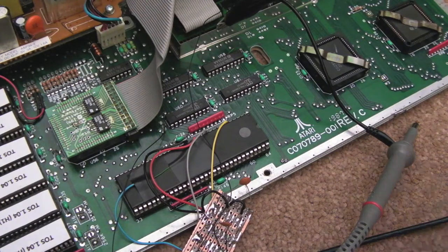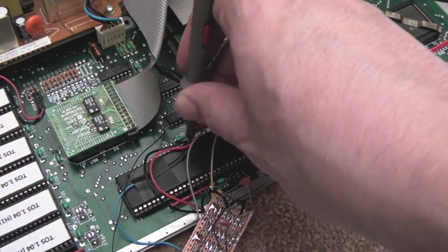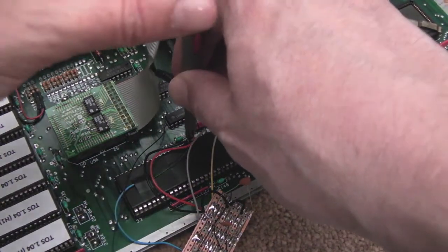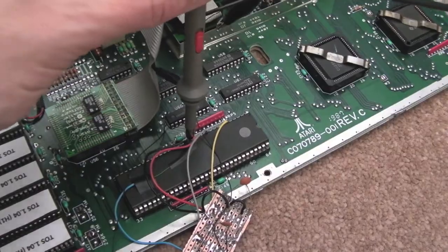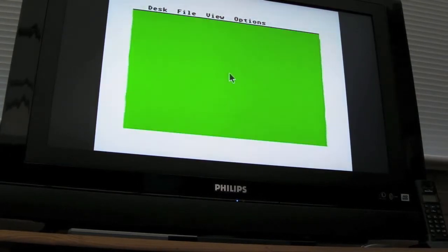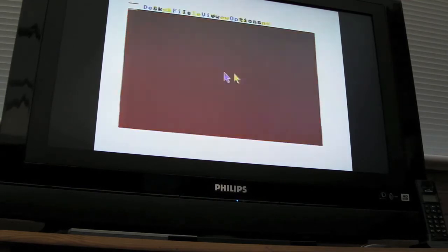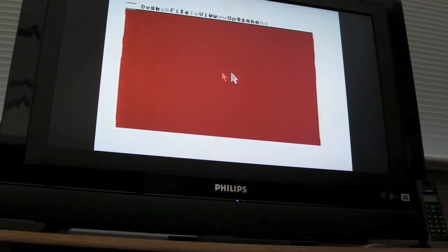Just curious, really. I can't understand how just the impedance of the scope being on that pin... Let's say I reset it. No, it's working, but it's working with an issue with the shifter, as you'll see. It's like, what's that all about? I'm not really sure what's going on there. I'd be interested, if it works at that stage, to see if you could get a benchmark up to see whether it's actually running at 16 megahertz. I guess it is. It's hard to tell really. As soon as I take the probe off, obviously it'll go, but